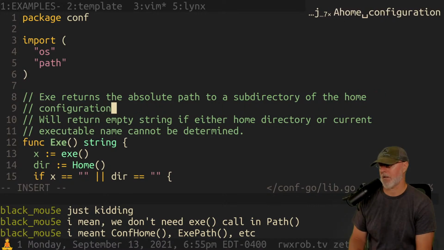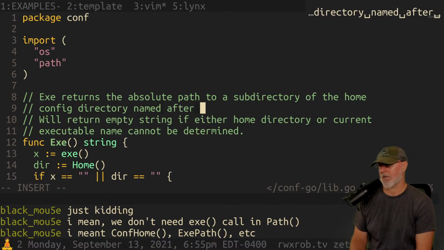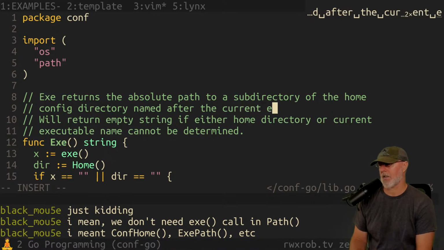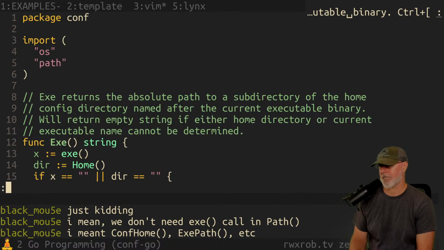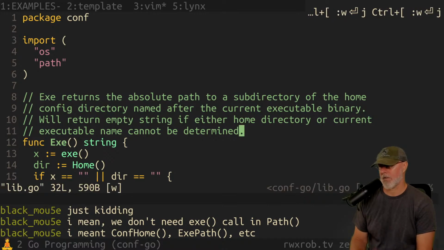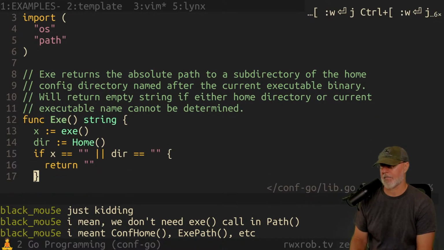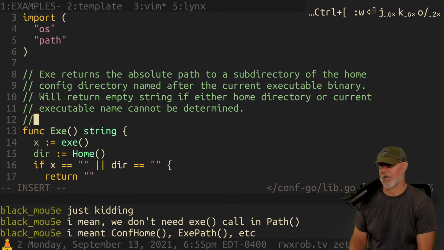Home config directory named after the current executable binary. Or return an empty string if the home directory or current executable name cannot be determined. There we go. Sometimes I do this, make it readable.